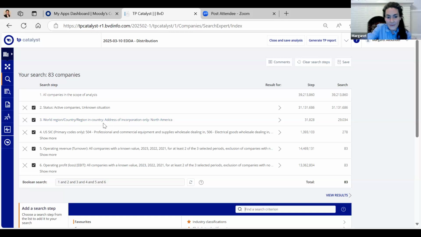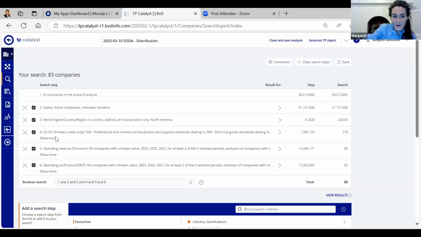The next step covers the location. And it's the location where the tested party is operating. You're looking for comparables in that same area. And most transfer pricing regulations stipulate this, that either you're looking for companies that are operating in the same country, or at least the same region as your tested party. So here I'm looking in North America.